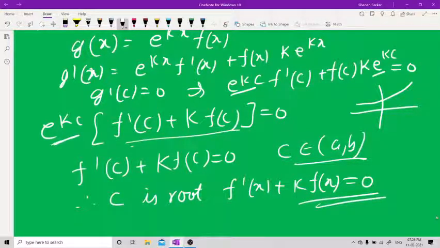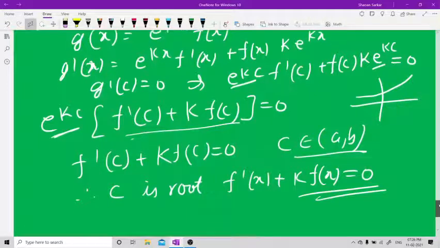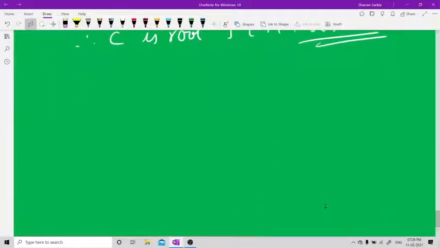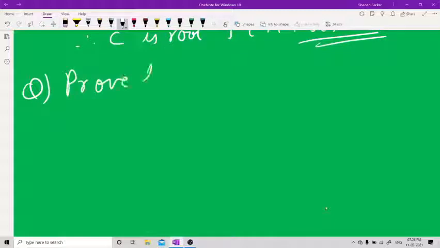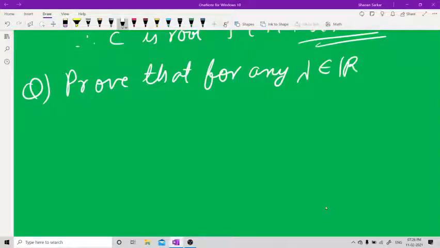Now we will do one more very good question. That is, one or two more questions we'll do on this. Now the next question is very simple but a very good question. They are saying prove that for any real number lambda belonging to R, any real number, the